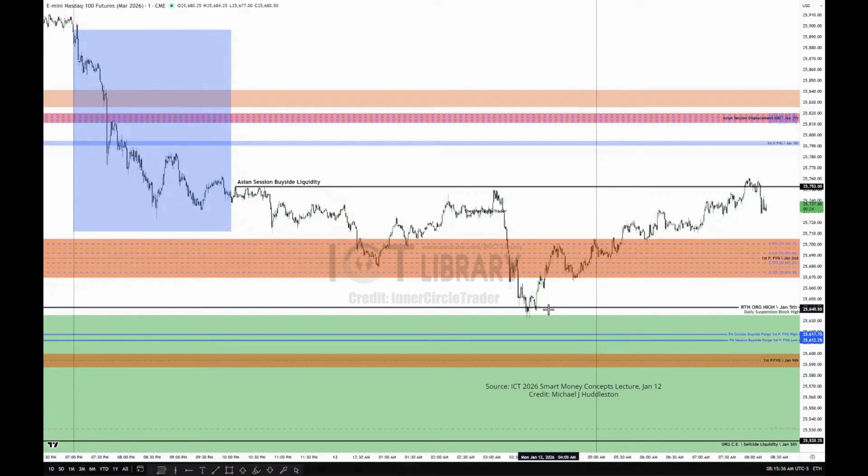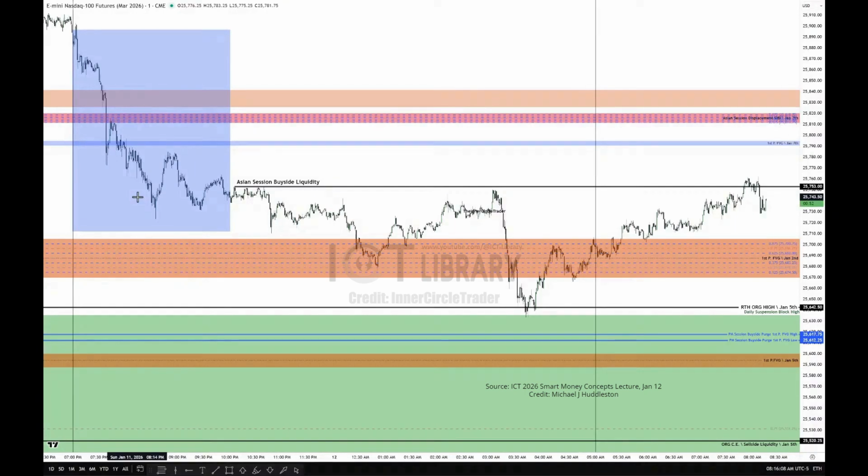And what I'm basically saying to you is there's nothing inherently wrong with limiting your search for relative equal highs or lows in that kill zone or any kill zone, like the London kill zone. That would be 2 o'clock in the morning to 4 a.m. That's your sweet spot, but it goes all the way to 5 a.m. Why? Because it's an overlap with Asia's close. So you want to have that 3-hour window between 2 a.m. Eastern time to 5 a.m. Whether you're trading Forex, whether you're trading index futures, it's the same. So when we're looking at the entirety of the Asian session, session is not kill zone.